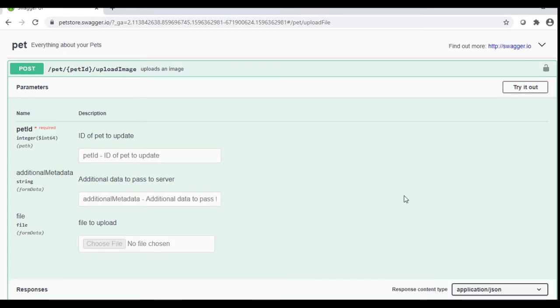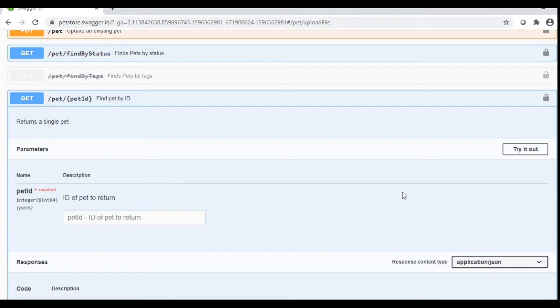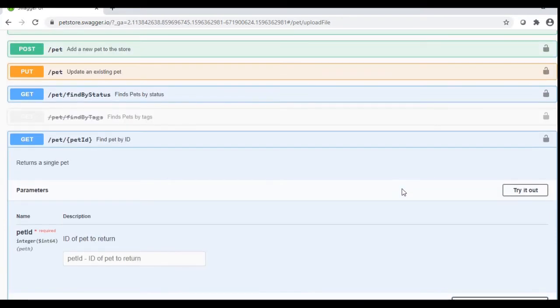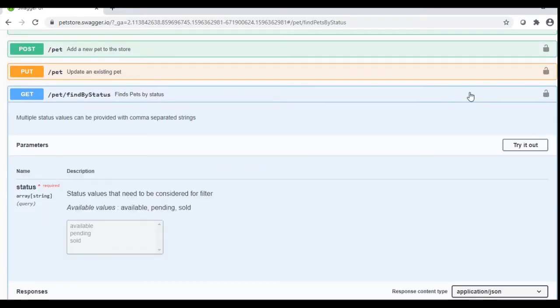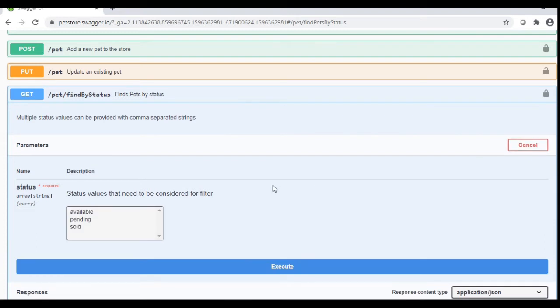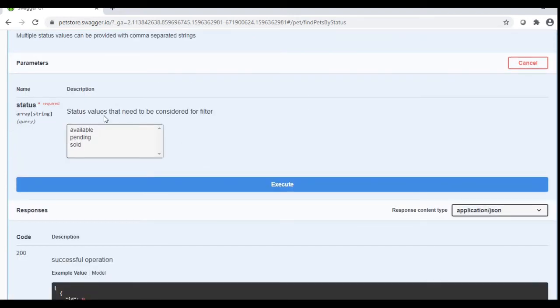I will not take this. I will go to the get request first. Find by status. I will go to the get request to find the pet by status and I will try it out. And here they have given the status available, pending, sold. Any of these statuses we can use.